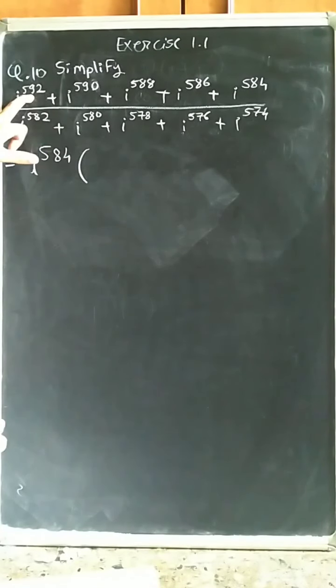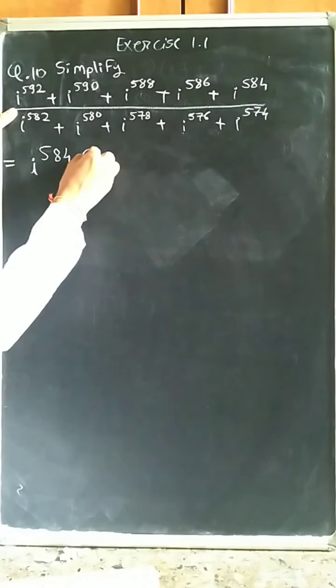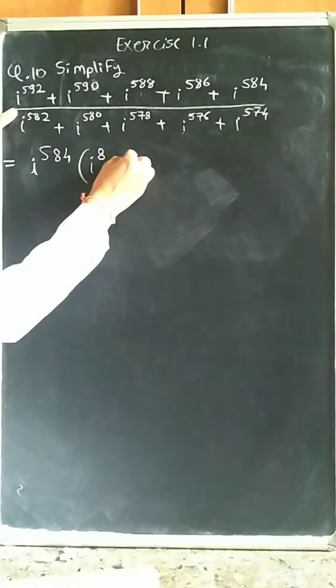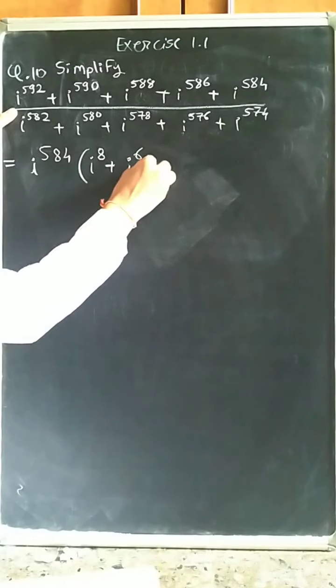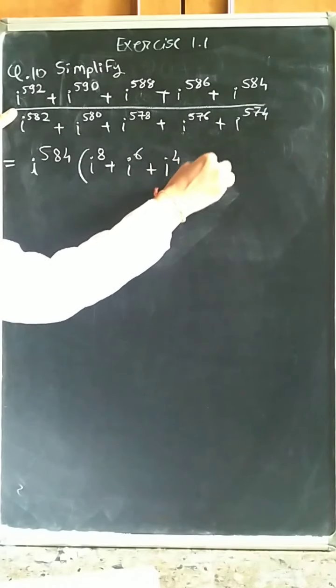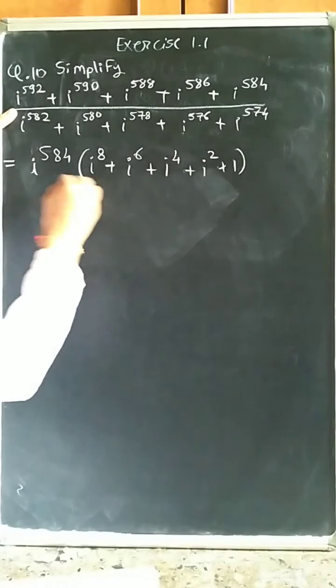i raised to 584 is common. Then what comes here? i raised to 8 plus i raised to 6 plus i raised to 4 plus i square plus 1, upon